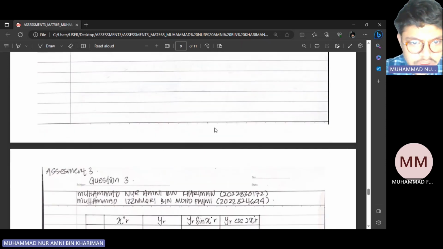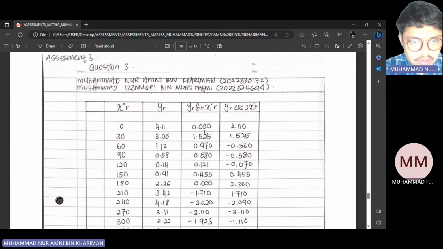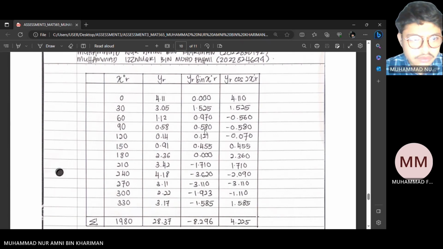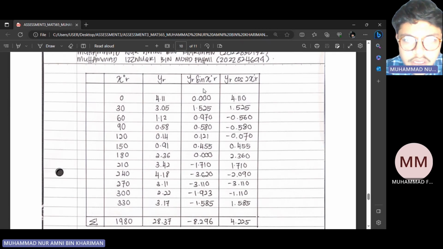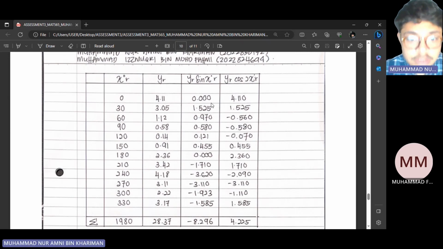Now I will proceed to the last question, which is question 3. Here's the table that we need to do first, which is step 1. We have to come up with a table: xr, yr, yr sin xr, and the last one is yr cos 2xr. From the given question, they only give you the values of xr and yr. So you have to calculate yourself the values of yr sin xr and yr cos 2xr. You just have to directly insert the values using your calculator, and then you can get the values for